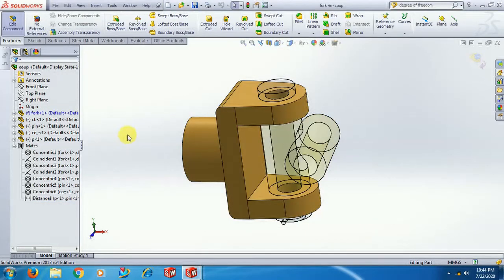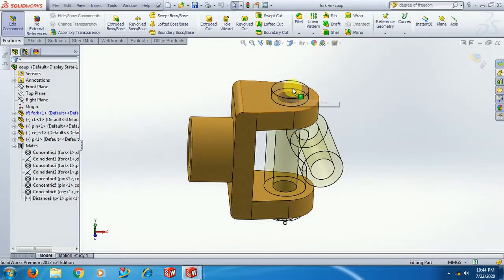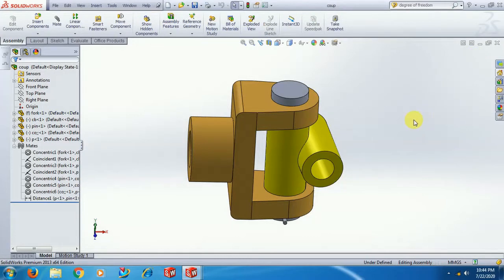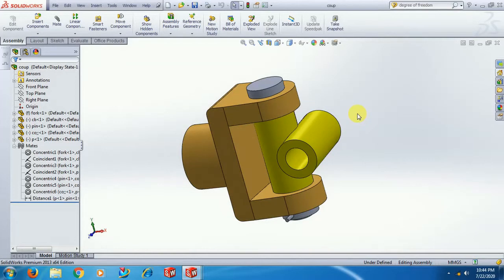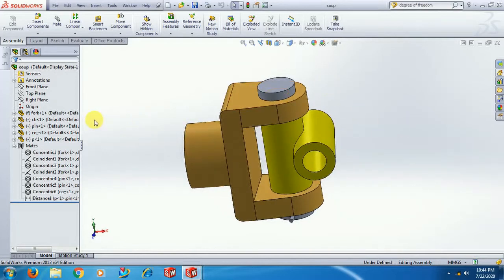Now you can edit. Now you can see all editing feature commands like extrude, revolve, extrude cut, hole, rib, fillet, all these things. Once you edit, you just select this to get back to assembly. To get back to assembly, you just select this option, exit option. See, again we are in the assembly workbench. Like this, if you want to edit, just select on that and select edit part.